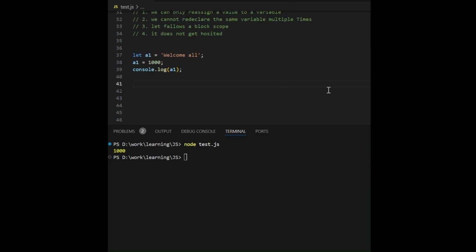There is one more point which I want to cover. It does not get hoisted. What does it mean? Hoisting in JavaScript is a separate topic where the variable and function declarations get hoisted before it even runs the program. For example, let me console log this over here before I even declare the variable, and let's see what output we get, and let's run the code.